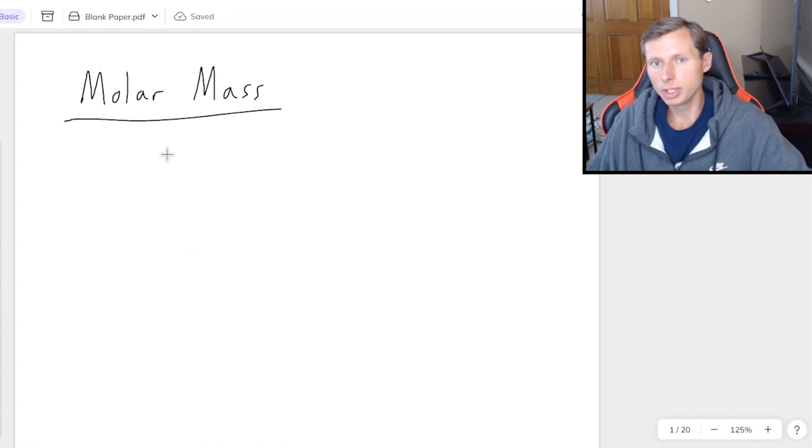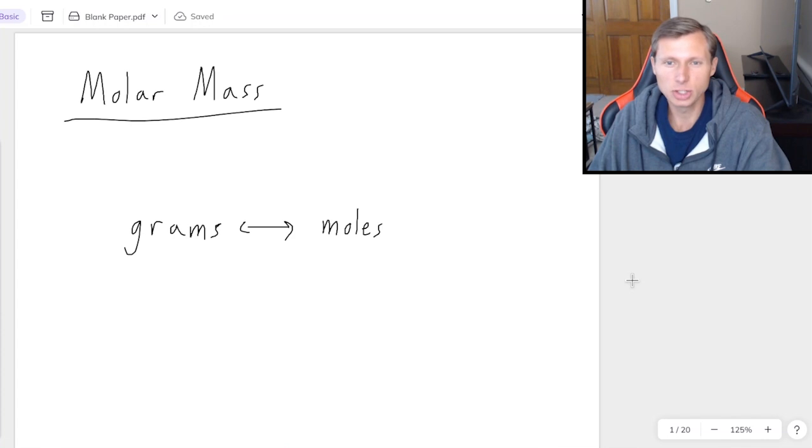And basically what we use molar mass for, we use molar mass when we want to go between grams of a substance to the number of moles. And moles are important because that's the unit we use for everything that has to do with chemical reactions. So it's very important that we know how to go back and forth between grams and moles using the molar